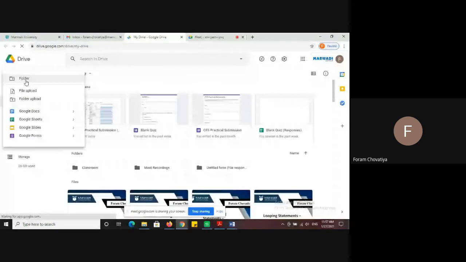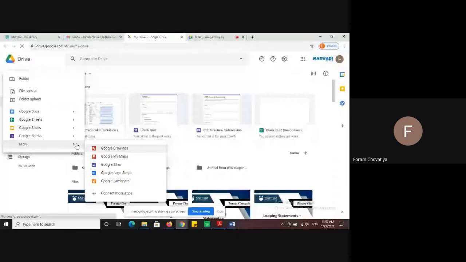If you click on New, there are different options available. Click on More. If you click on More, then Google My Maps. Click on that, Google My Maps.